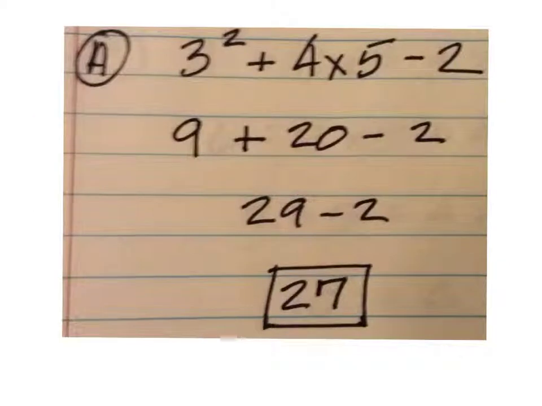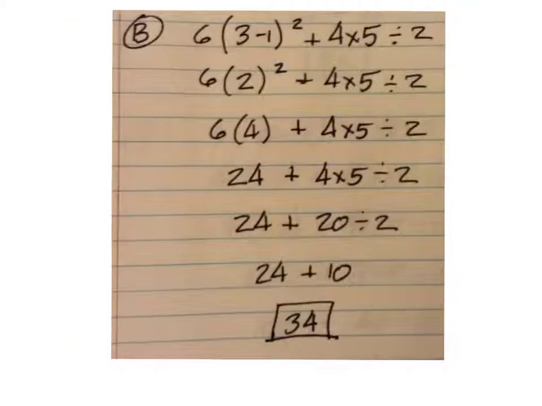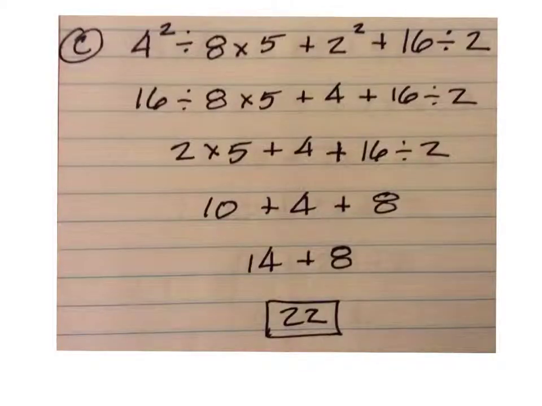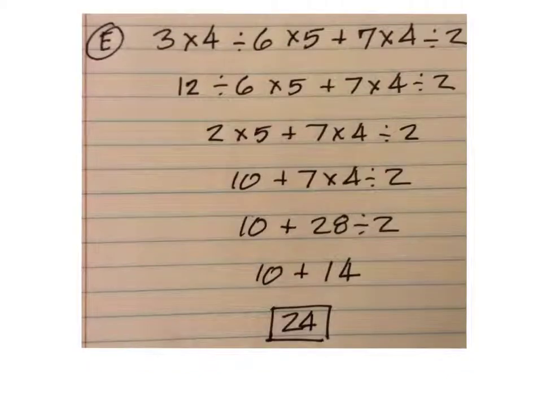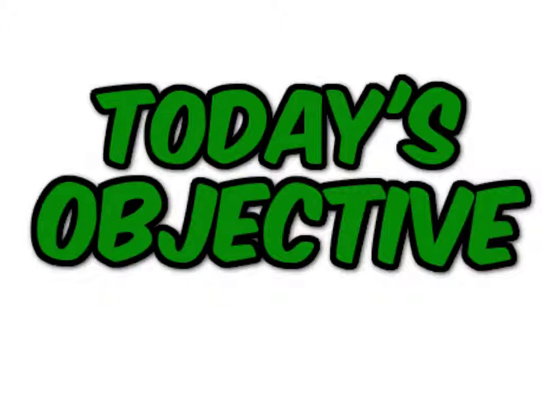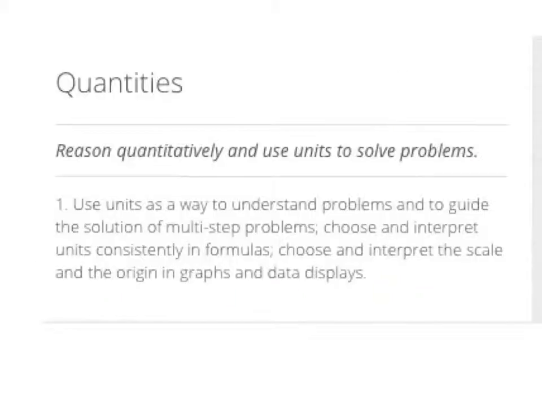Extra credit A is 27. B is 34. C is 22. D is 104. E is 24. Today's objective: